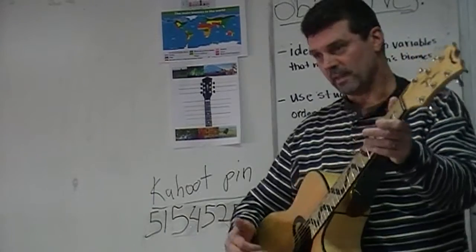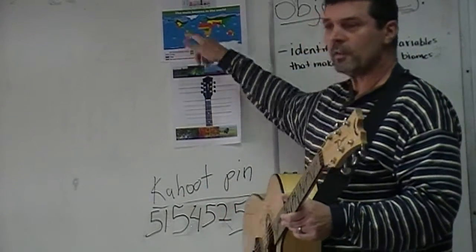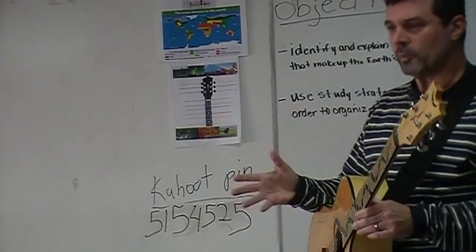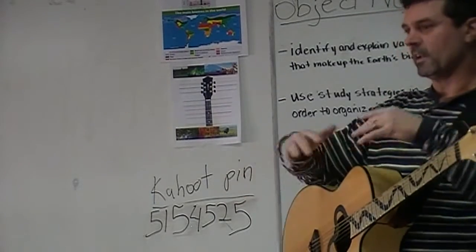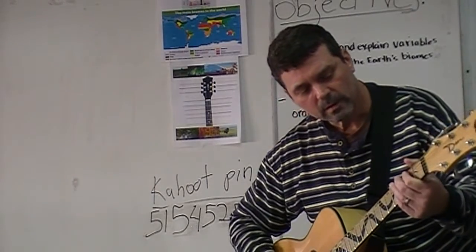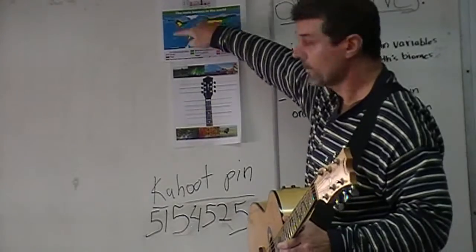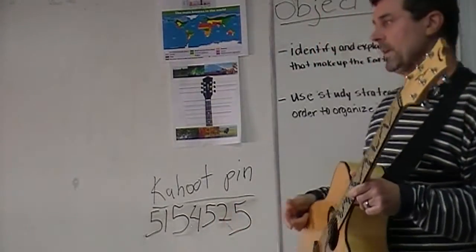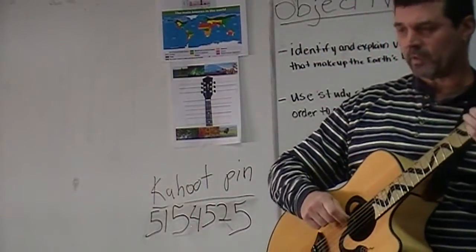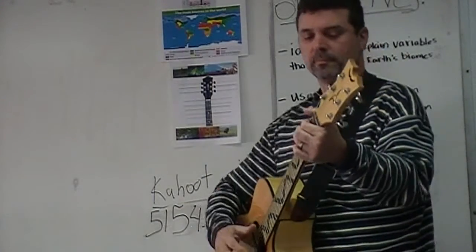D, the D string, desert. We've got arid areas. The etymology of desert comes from desertum, which means abandoned. You look at a desert, there's nothing there. A is variable for Arctic, cold, which would also be the tundra. And then, of course, we talked about this F right here, the deciduous forest,